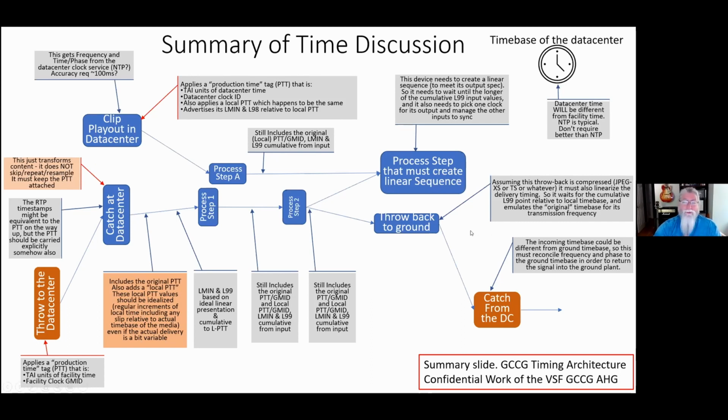And in all these cases, we've tried to be realistic about requirements, like realistic that the time source in the data center might be traceable to GPS, usually is, but is going to be something like NTP, where it's not going to allow you to be accurate to the microsecond. And really, you have to ask yourself, why did you want to be accurate to the microsecond? And often the answer is so that you could reference back to SDI, but we're pretty far from that inside a data center.